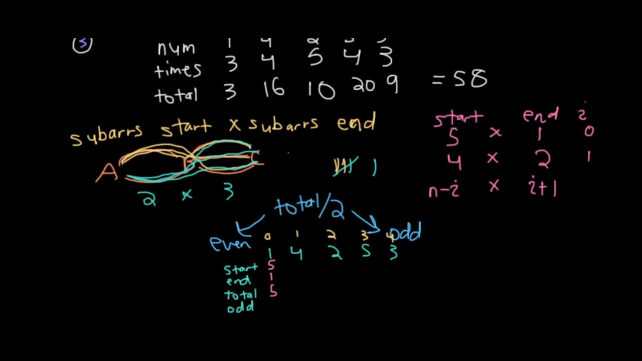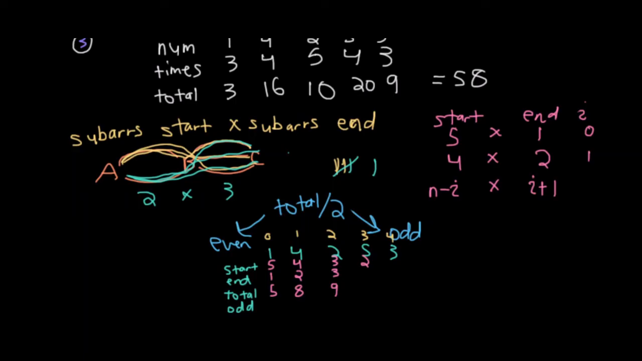Looking at index 1, there are 4 that start with it. I'm getting 4 by plugging 1 into our formula of 5 minus I. The end would just be 2, for a total of 8. For index 2, I would get 3 subarrays that start, 3 subarrays that end, and 9 total subarrays that include the value 2. For index 3, I would have 5 minus 3, which is 2,